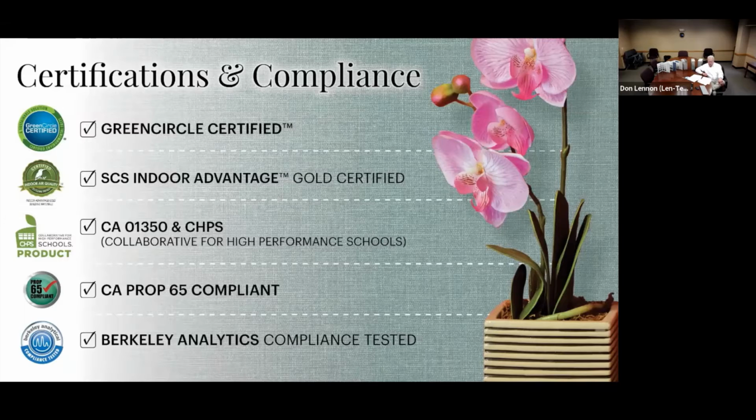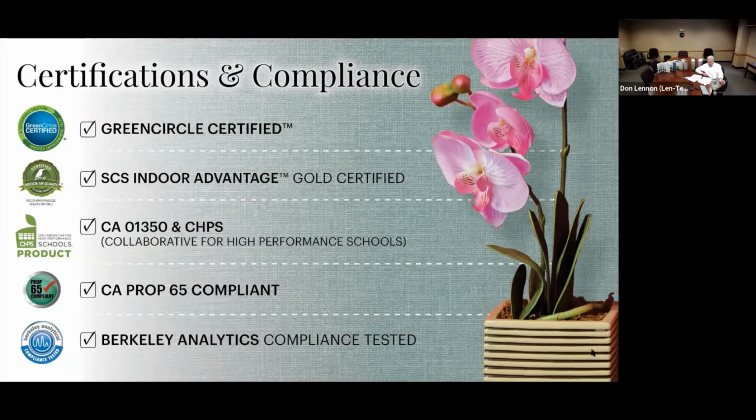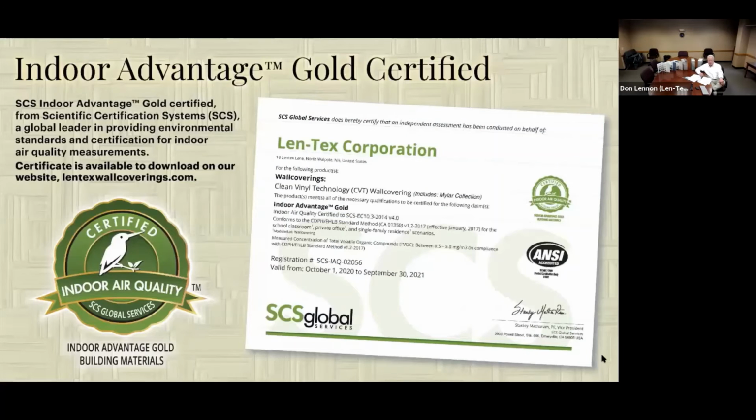To give our distributor sales teams confidence in Len-Tex science-based data that they're presenting to their customers, we rely on documentation from third-party certifiers and independent testing labs. Our goal is to give specifiers, facility managers, and all customers confidence that our green claims are factual, tested, and badged by SCS Global Indoor Advantage, Green Circles Certified Environmental Facts, CHIPS,